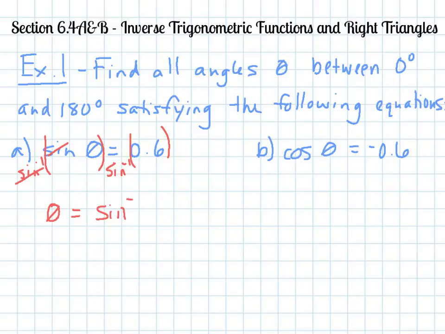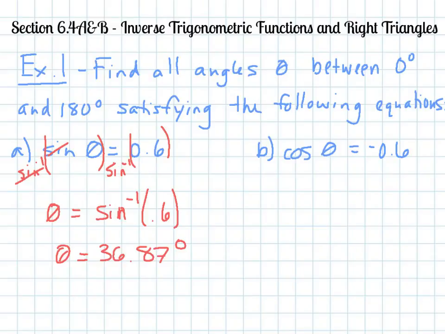So inverse sine of 0.6, if you plugged it into your calculator, and we're talking about degrees, so make sure your calculator is in degrees. So second sine button gives you the inverse sine, 0.6, parentheses, gives you 36.87. Okay? Now here it says it wants all the angles in between 0 and 180 degrees that satisfy this